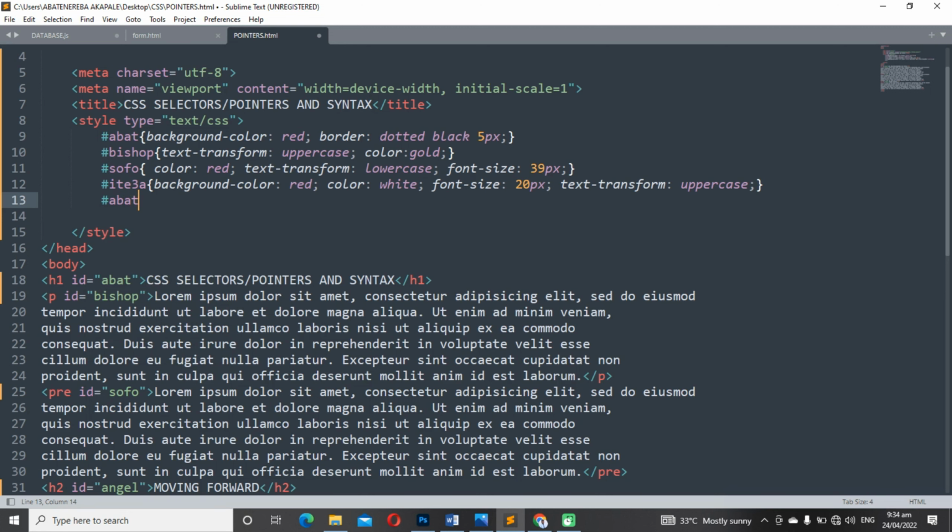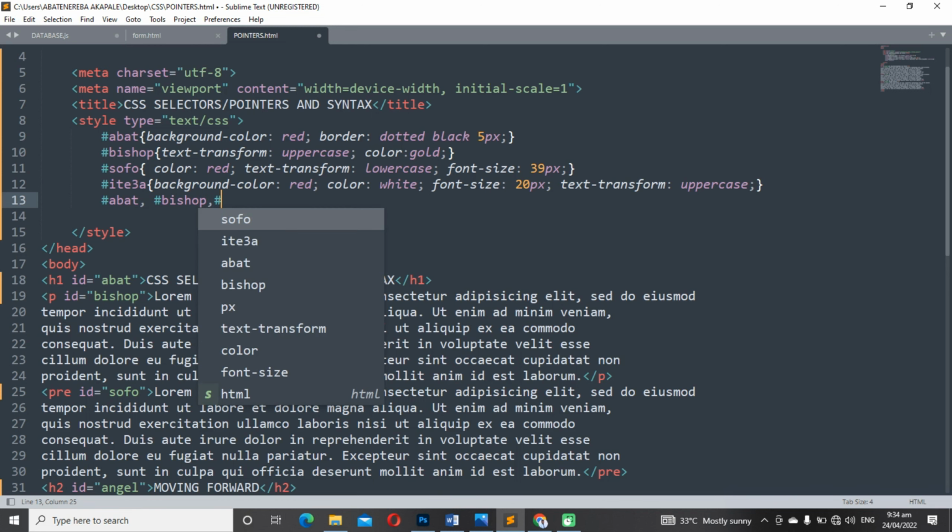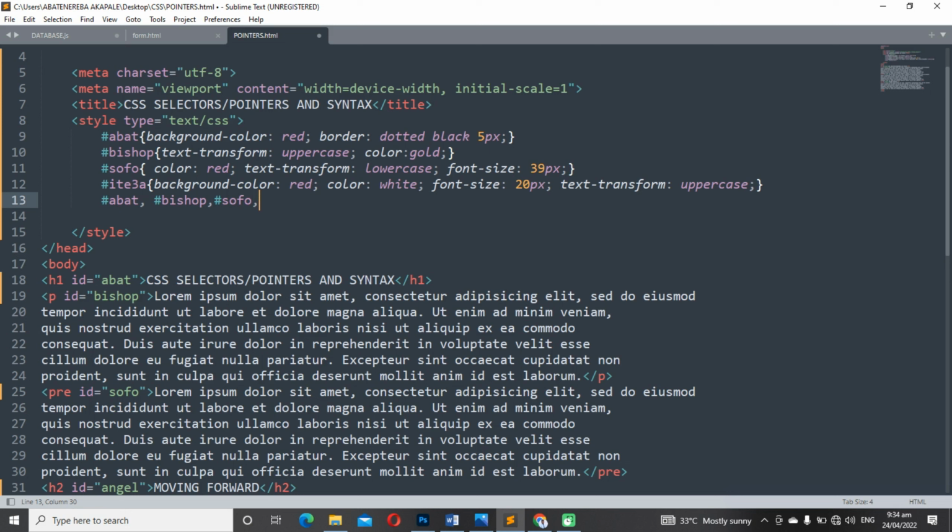So I have about, then I have Bishop, then I have Shuffle, and then I have ITE3A. Alright, and so I open my curly bracket,